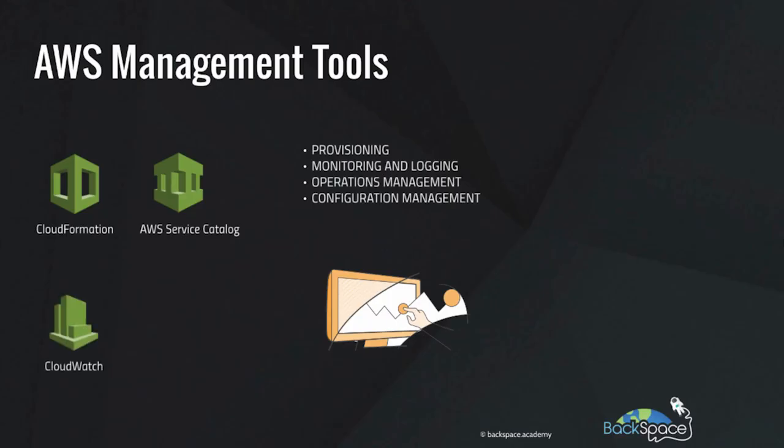AWS CloudWatch is a monitoring service for AWS cloud resources and applications that are deployed on the AWS cloud. It can be used for triggering scaling operations, or it can also be used for providing insight into your deployed